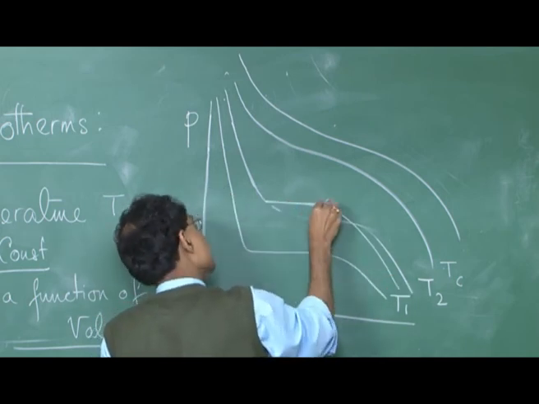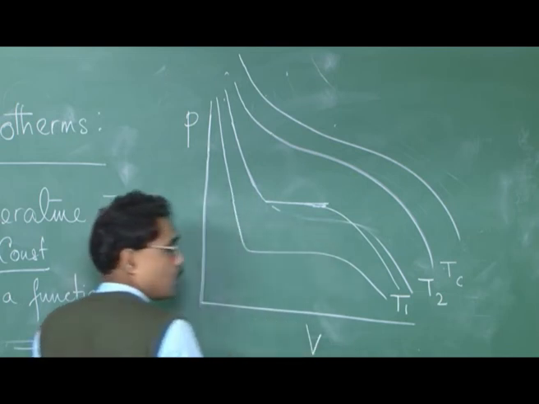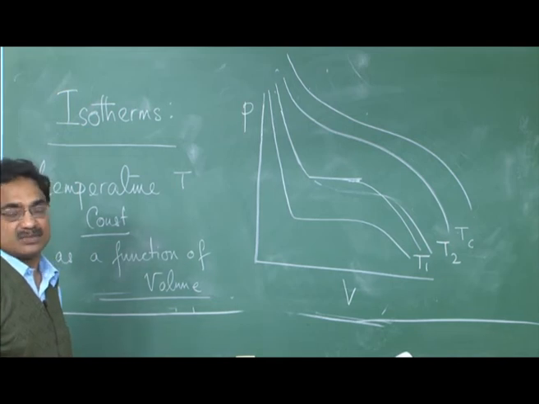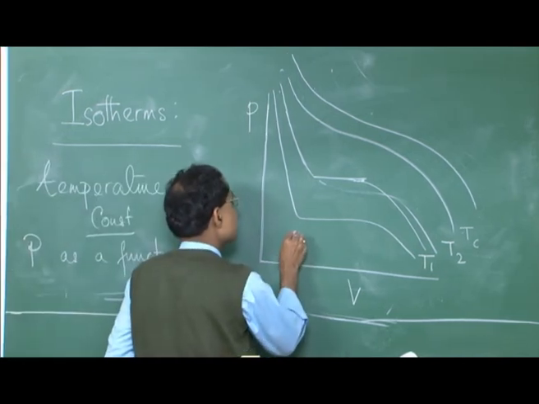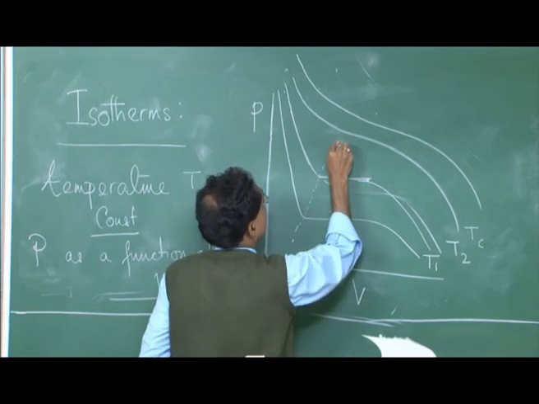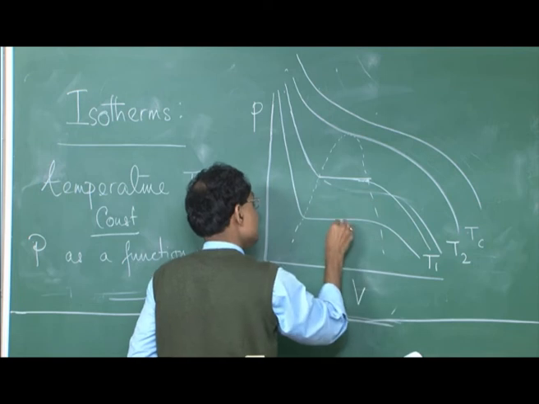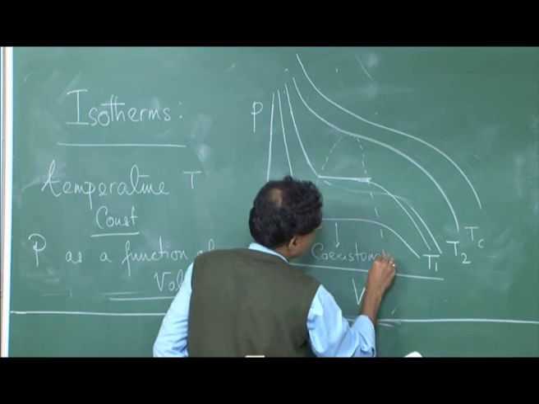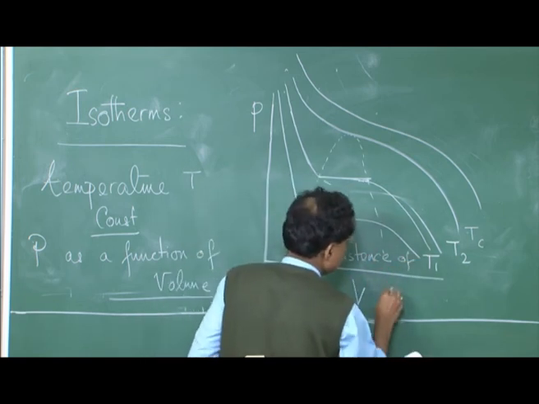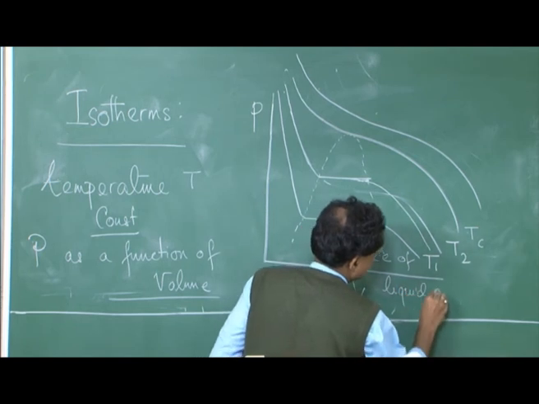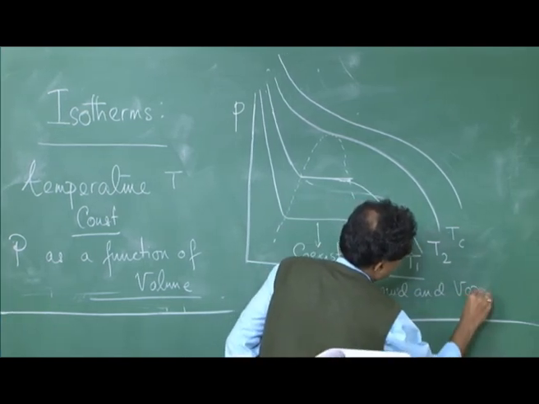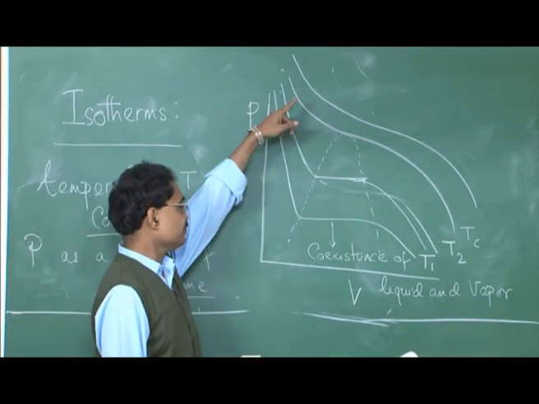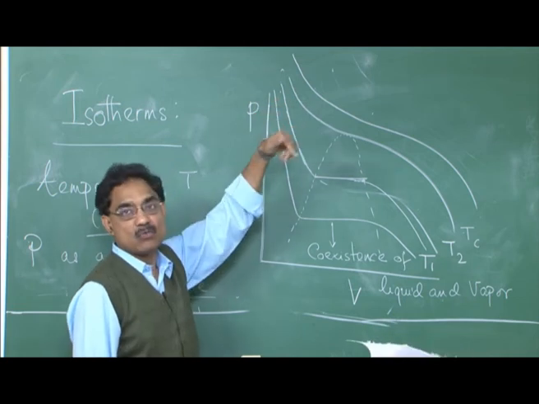You see there is a region which is almost horizontal. This region is called the coexistence region. Okay? And I demarcate this region by this dotted curve. Okay? And this region is coexistence of liquid and vapor. Okay. So, you increase the temperature, you go from the one phase to the other,